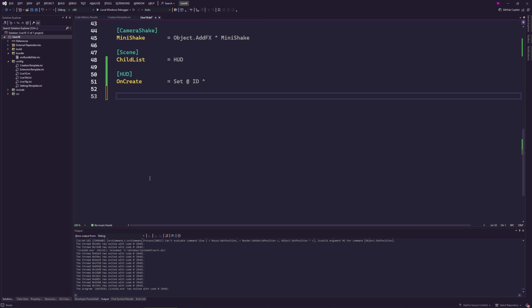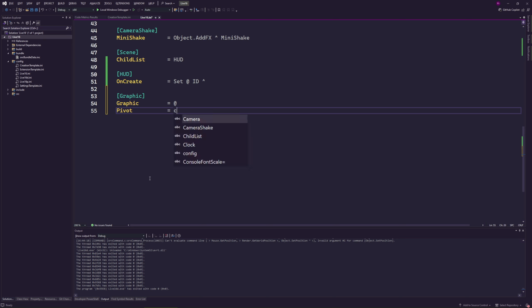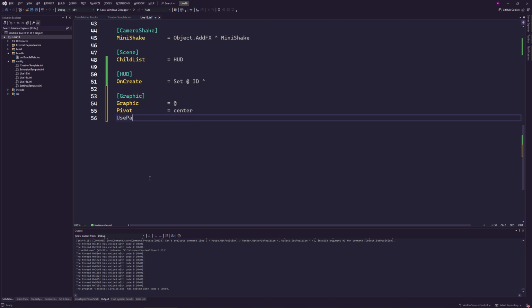So let's see what we can do here. We are going to create base widget, right? So we need something as a graphic. Graphic, well, it's going to be graphic self. I'm not going to put a texture yet. I'm just going to say all the things that are common for my graphic. I want a pivot that's center. In this case, I want to use parent space true. What else do I want in my graphic?